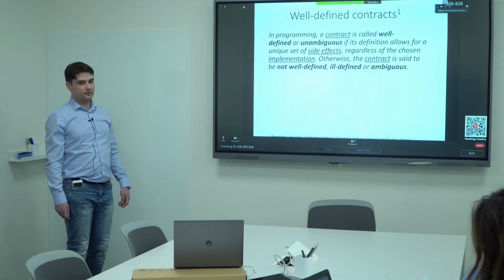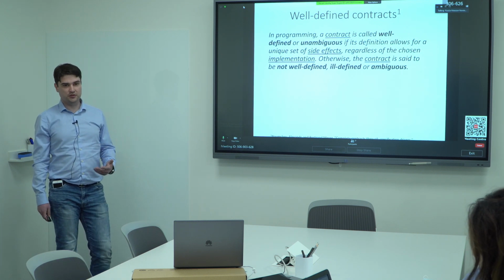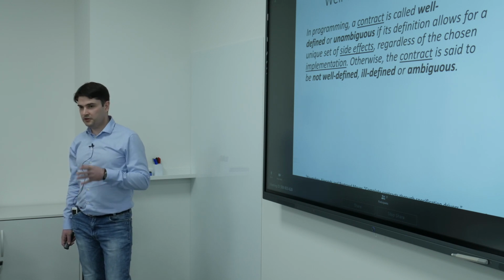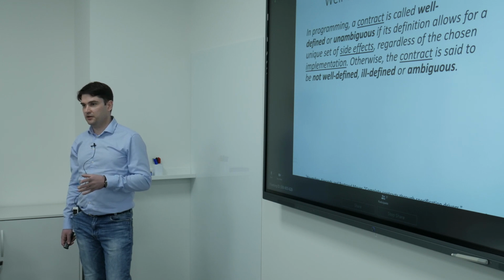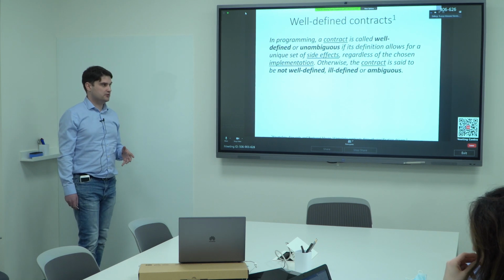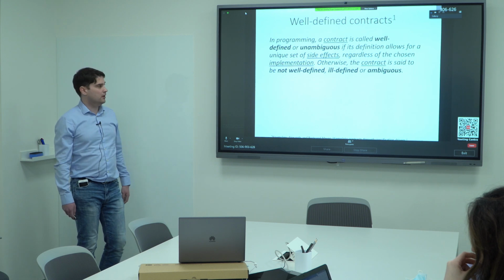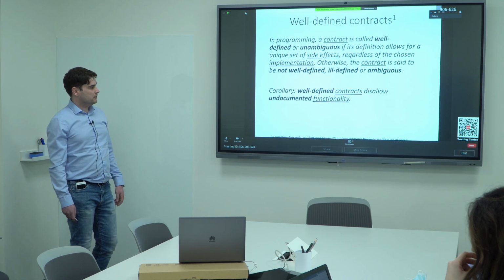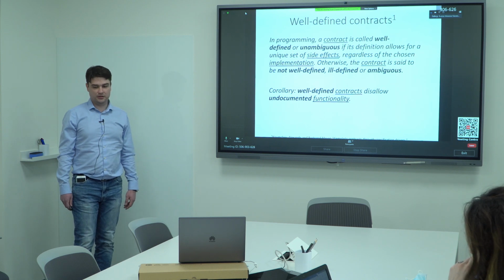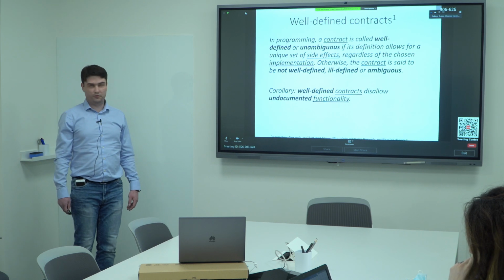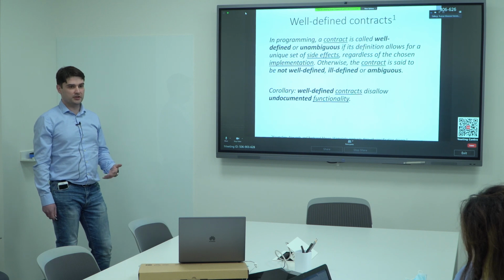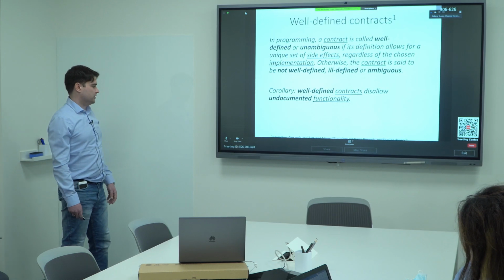So in other words, if you have a well-defined contract for a feature, regardless of the code that you write to meet this contract, this code will have the same set of side effects, and any deviation from this set of side effects will force the prover to reject the program. As a corollary, well-defined contracts disallow undocumented functionality and thus ensure security of the code, meaning that you cannot just mistakenly write something that the prover will accept, but will result in something